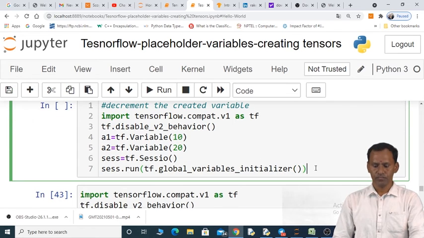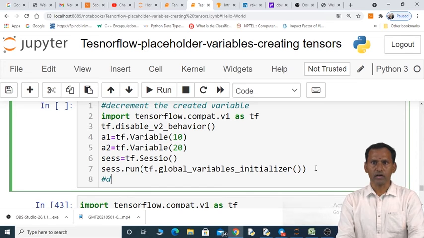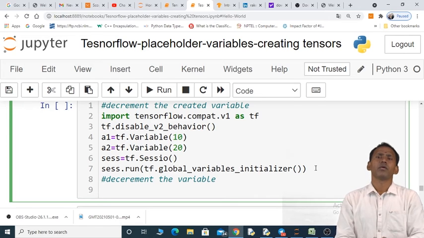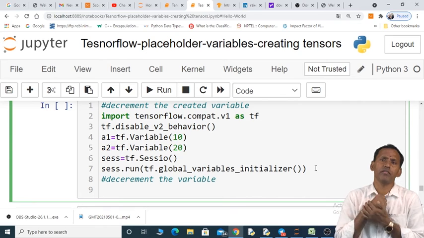Then after that, we can decrement it here. Now I want to decrement both the variables, the value of A1 and the value of A2.